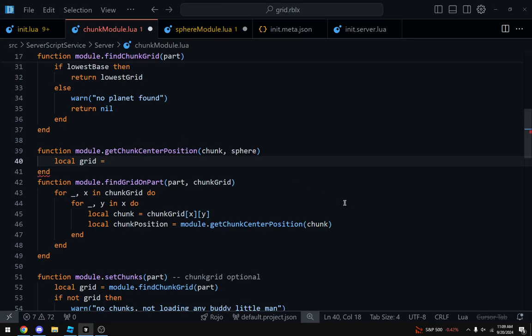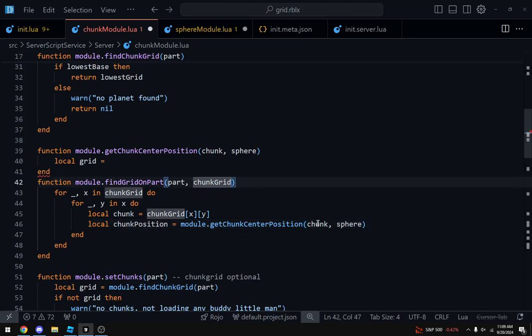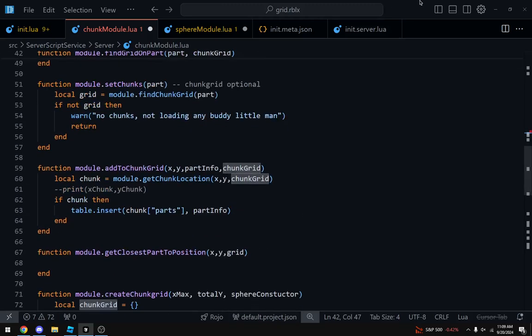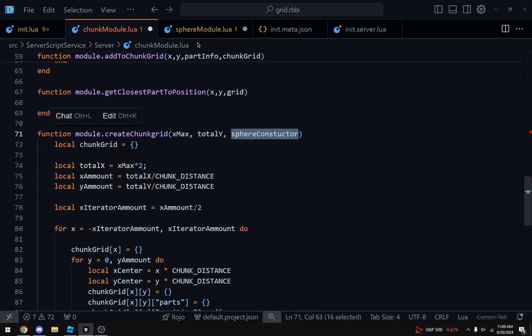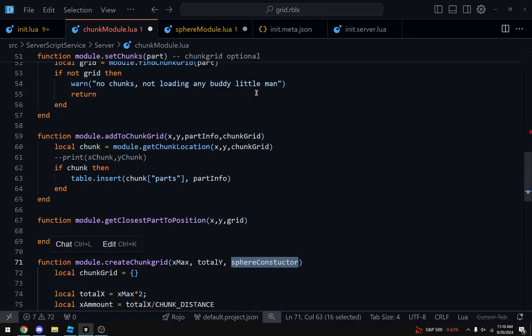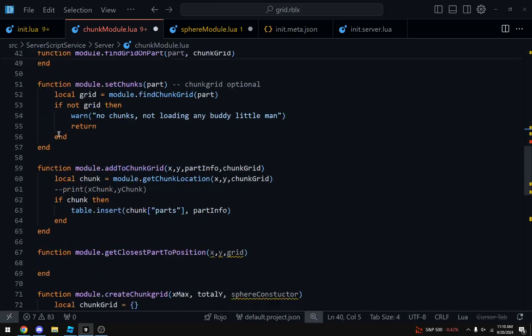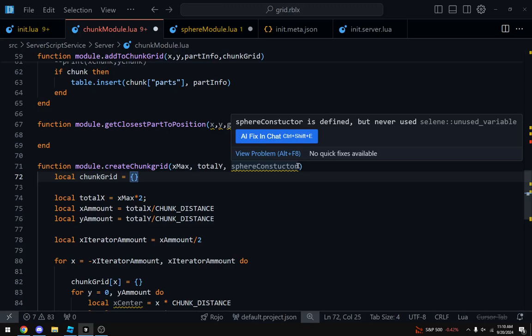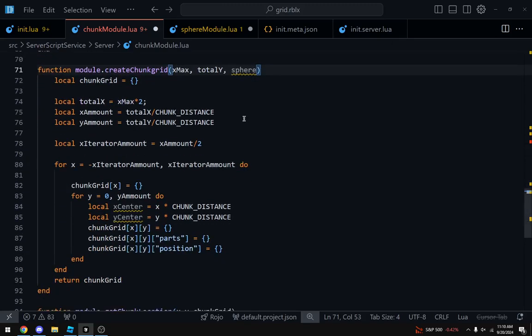So here we need the sphere module. So we're going to take in the sphere constructor here.